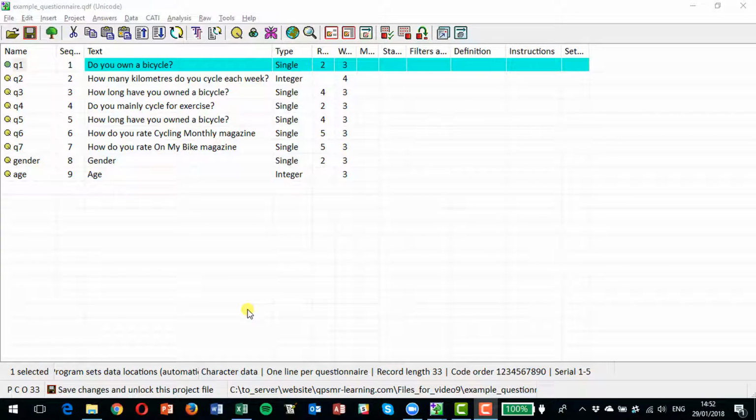Hi and welcome to this video where we're going to be looking at the QPSMR companion and just looking at some techniques you can use to do with copying and pasting and replacing text that you want to change. Now most of it's quite familiar and quite obvious to anybody who's used copying and pasting techniques in a spreadsheet or in a word processing package, but let's look at some of the things that are particularly important